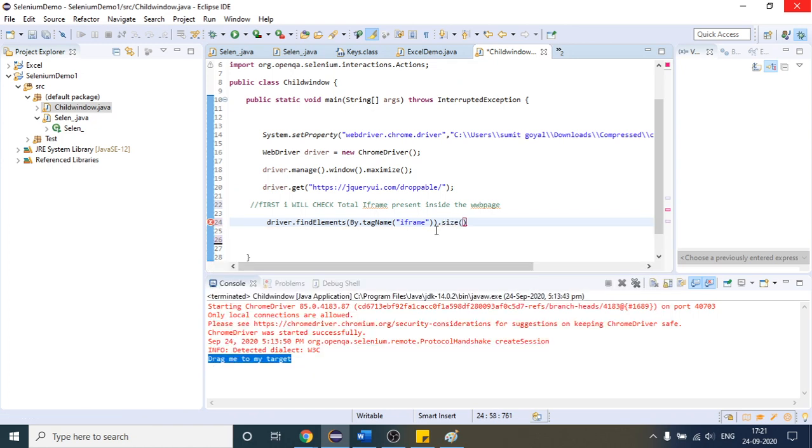If I write like this and put dot size, what will happen is that with the help of this line, it will identify all the iframes, because we have provided the tag name of the iframe. Suppose you get two iframes, then with the help of this method it will return you the count. I can store that in one integer variable, total iframe. That will calculate the total iframes. And if I try to print that variable,